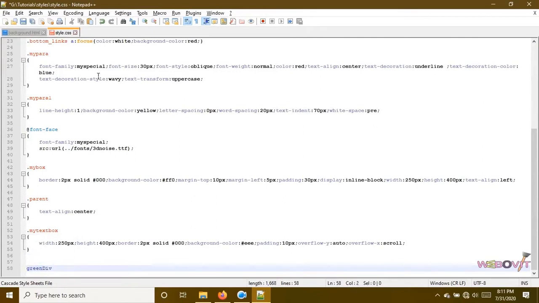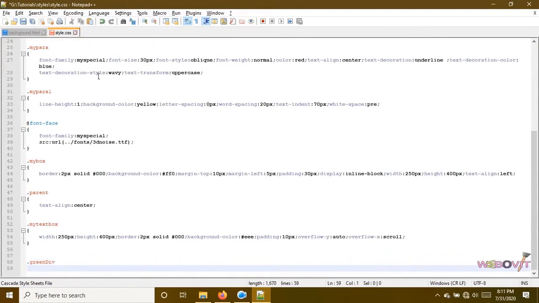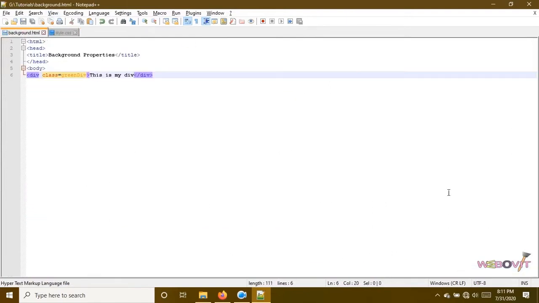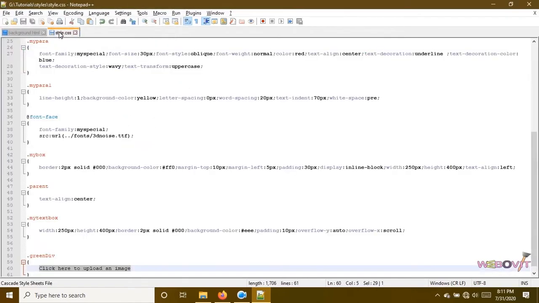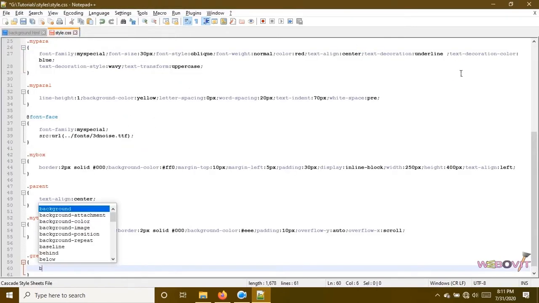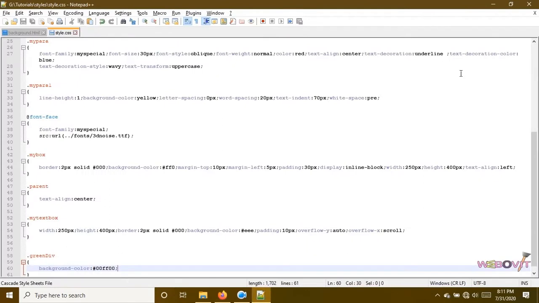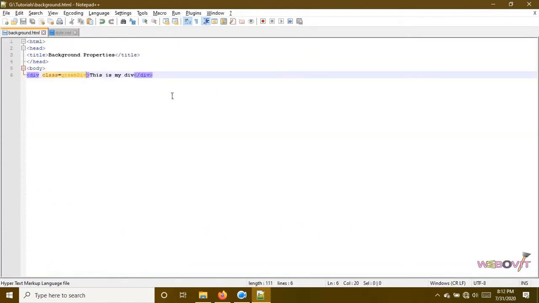For the class we have to apply a dot. Inside this one we will paste the style. So now the style is removed. Why? Because we didn't link this style sheet file in our background.html.